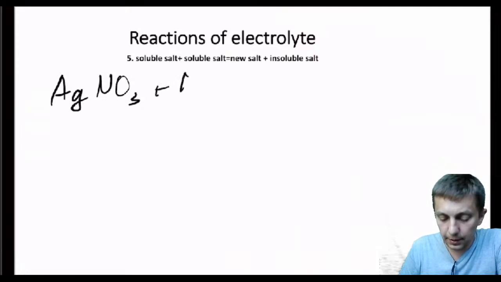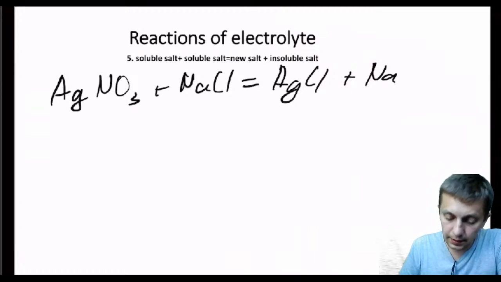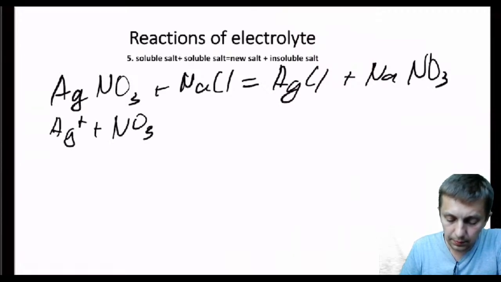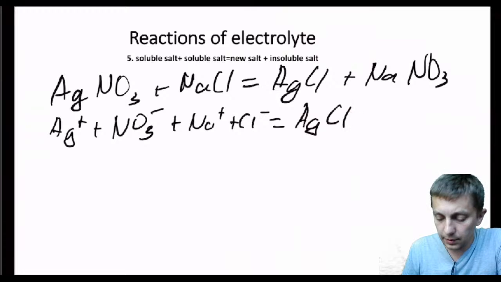For example, in this case we can write AgCl plus Na. For this reaction we're dealing with one soluble salt, another soluble salt, and we get an insoluble salt,